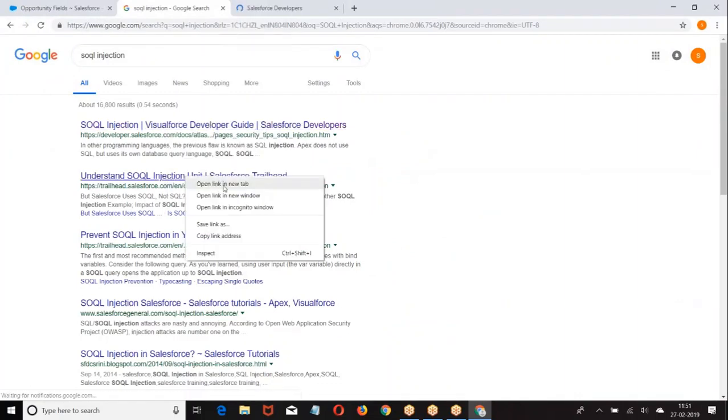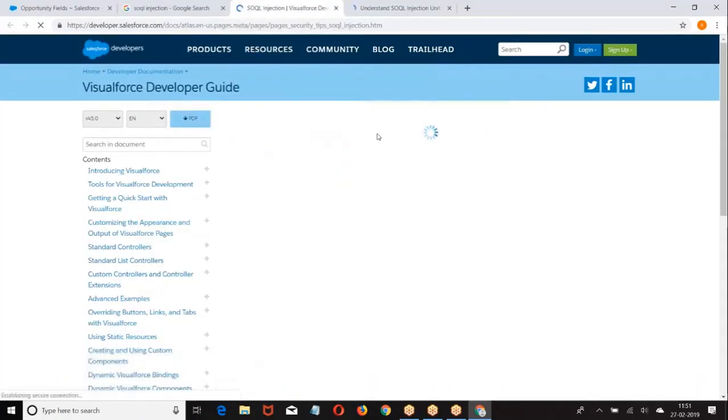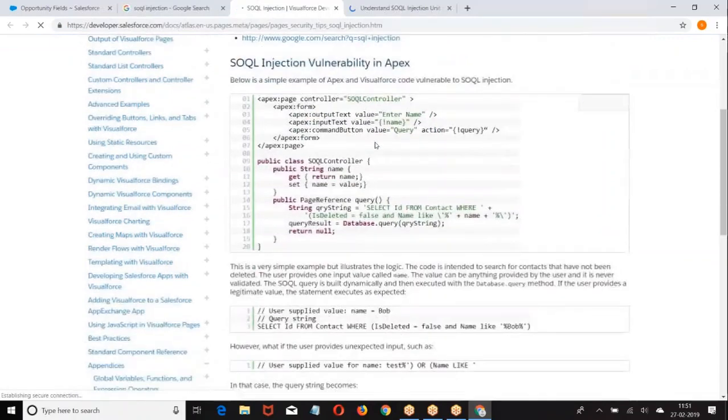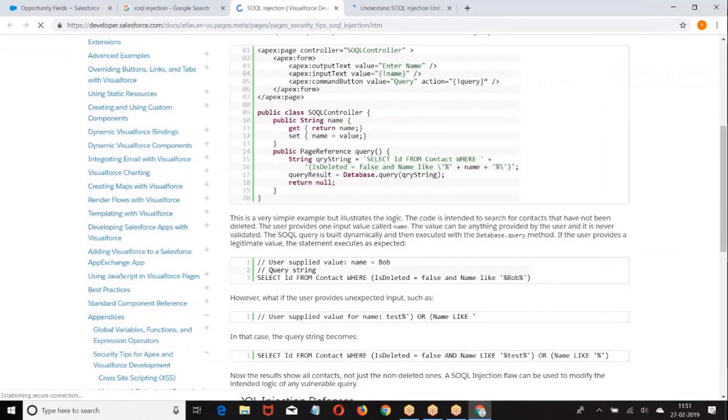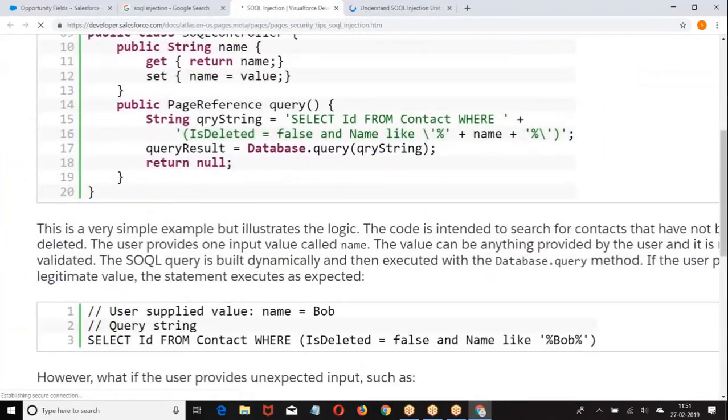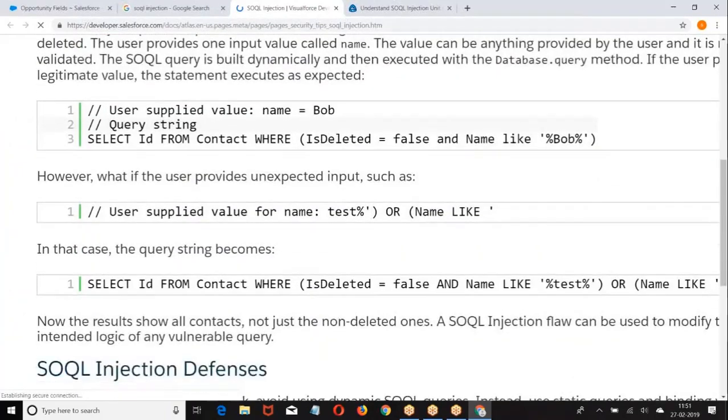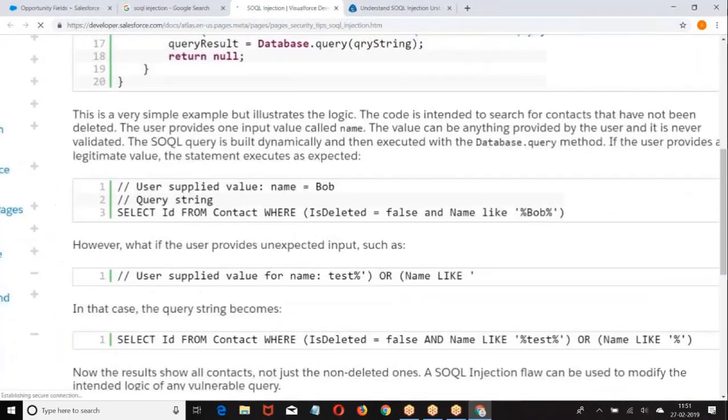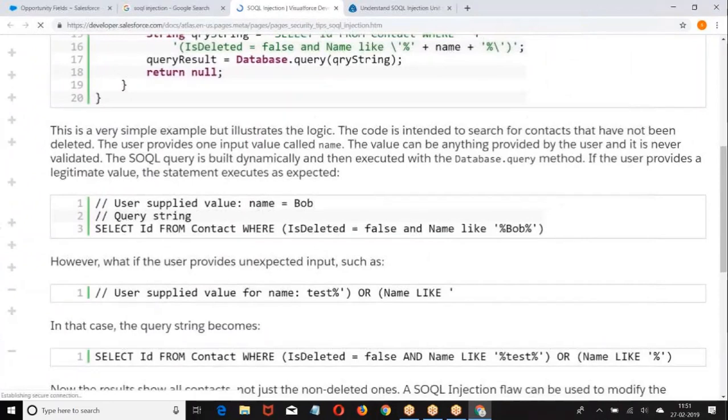Basically, when you are writing a SOQL query, we are applying a where clause. Look at this. Now look at the query they have given. What is the purpose of this query?